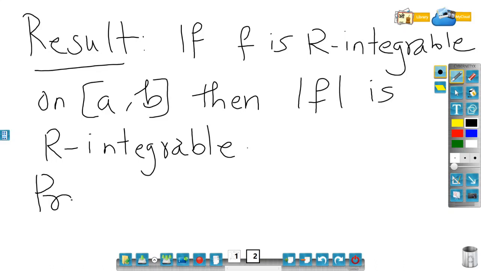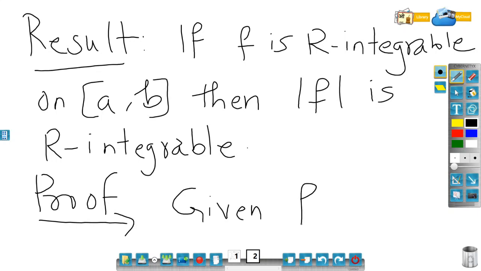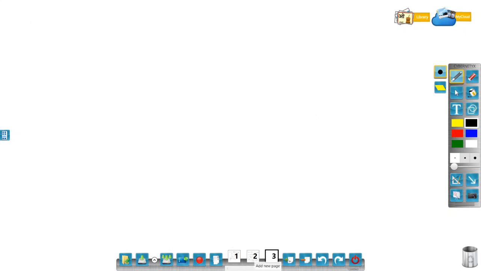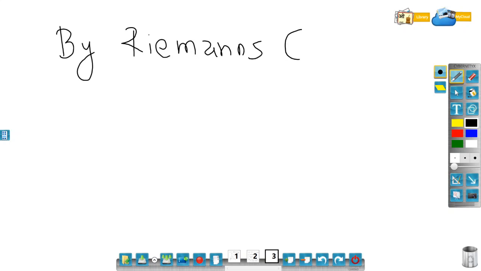So, proof. It's given that f is Riemann integrable on the closed interval a comma b. If it is R integrable, it will satisfy the Riemann criterion. So by Riemann's criterion,